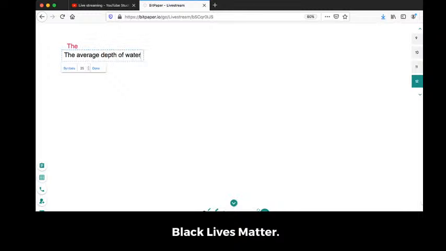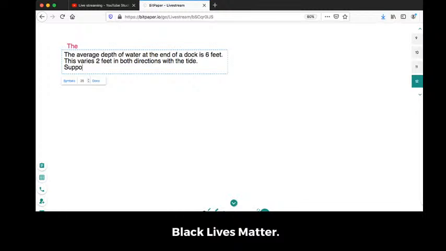The average depth of water at the end of a dock, it's another depth one, so you guys know, is 6 feet, but it's going to be different in terms of what the follow-up question is, so that's why I want us to try this one as well. Is 6 feet. This varies 2 feet in both directions with the tide. Suppose there is a high tide at 4 a.m. And actually, if you guys are following along, I would highly recommend copying these down, because the more examples you have of this, honestly, the way easier it is for you to do this on your own later. So if the tide goes from low to high every 6 hours,